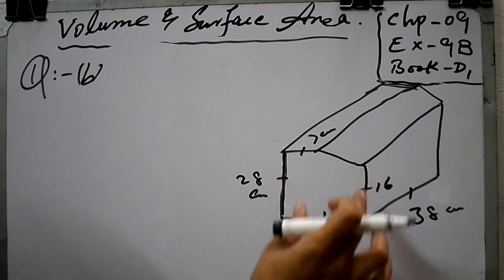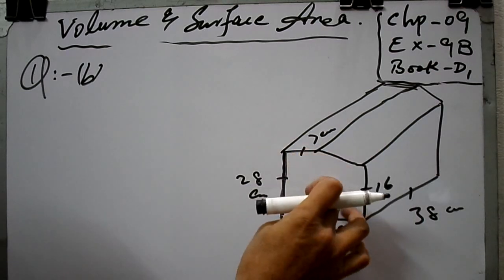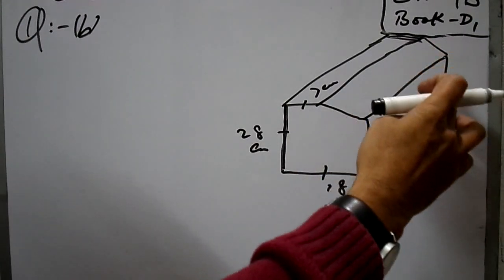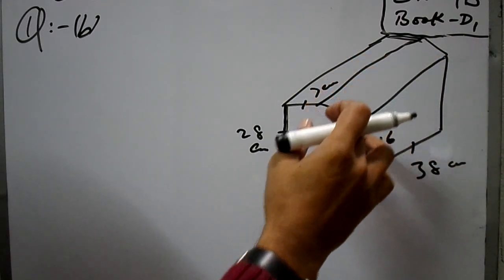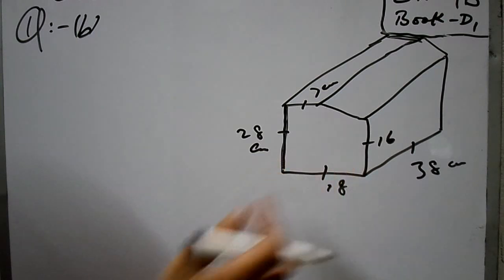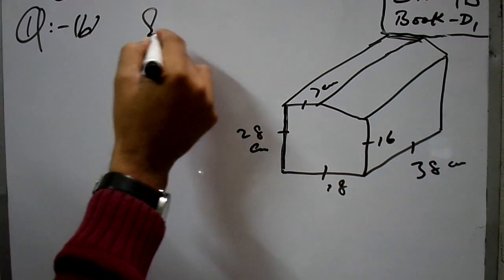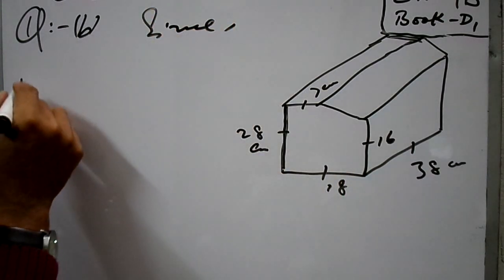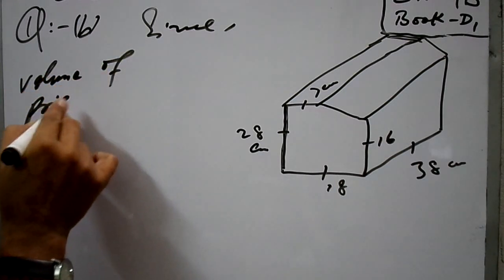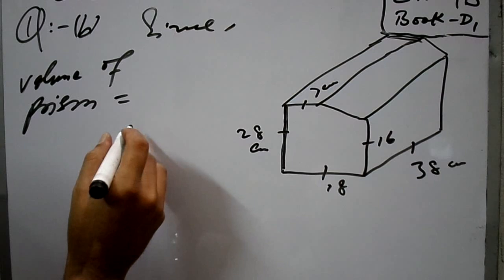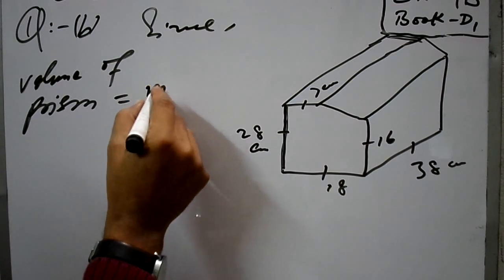One is rectangle and one is your trapezium. So volume of prism is equal to volume of trapezium